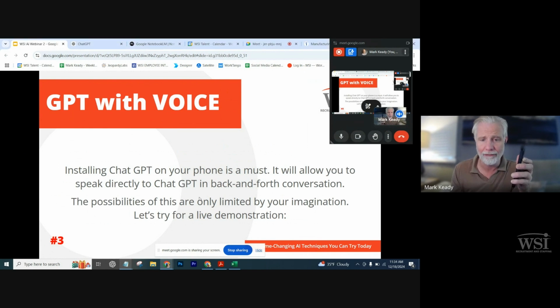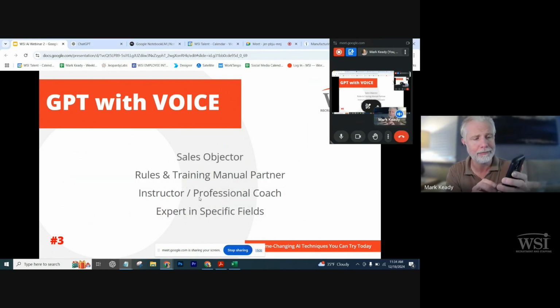So we're going to try for a live demonstration here. Essentially, if you're looking at ChatGPT on your phone, you have an app, just like anything else. It's right down here. I open my ChatGPT app. And right down here on this side, right where the input is, there's this little speaker button. I'm sorry if you can't see that there. Little speaker button, that little white button. And that is what's going to get us our voice activation back and forth. So if you know how to prompt, we're going to basically hit this and just take off with it. Show you how it works.